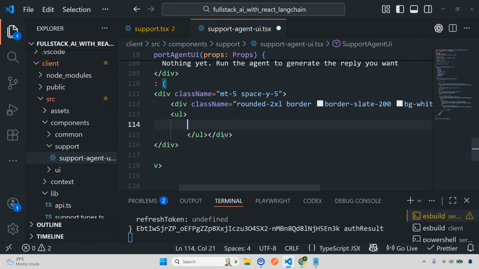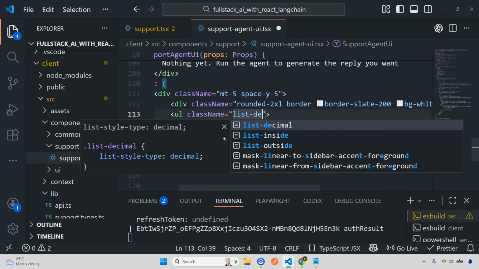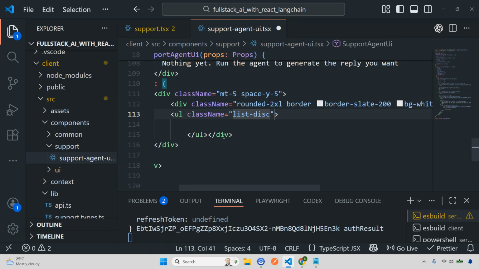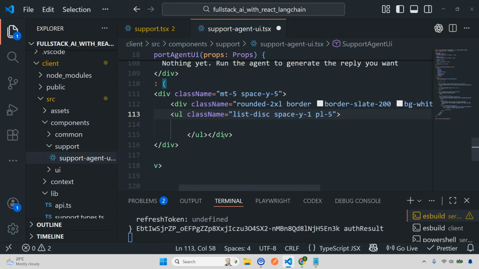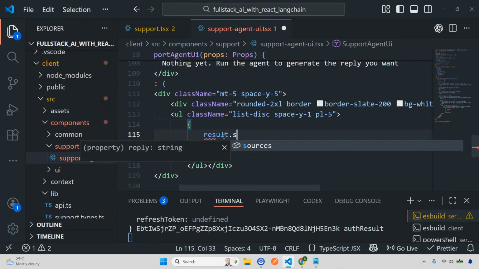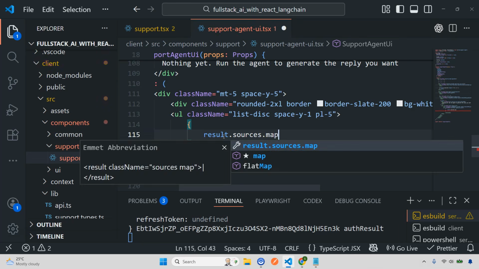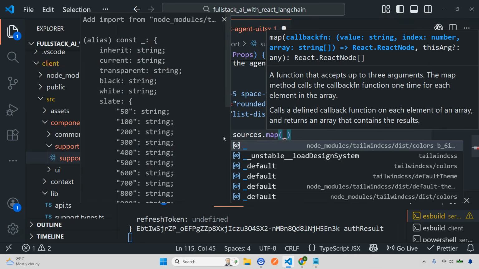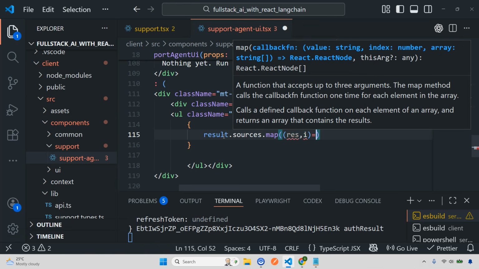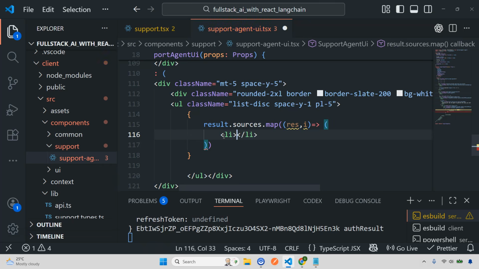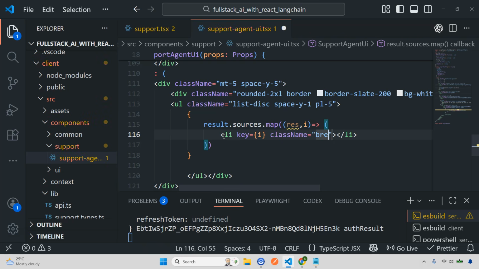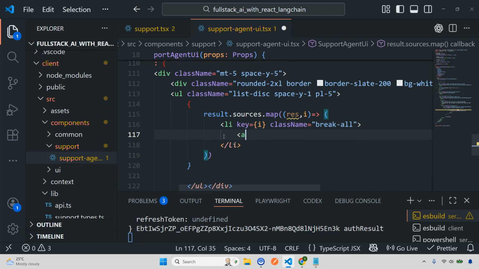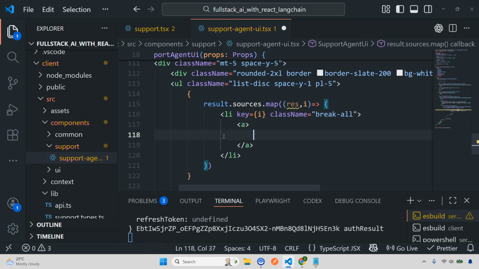and here let's do a class name. So I'll do list disc, space y of 1 and padding left of 5, and inside this now I'm going to render result dot sources dot map. So here I'm just going to take the result and i, and let's take an li, first pass the key which will be i, and class name I'm just going to do break all, and inside this I'm going to render an a, and I'm going to render the source,